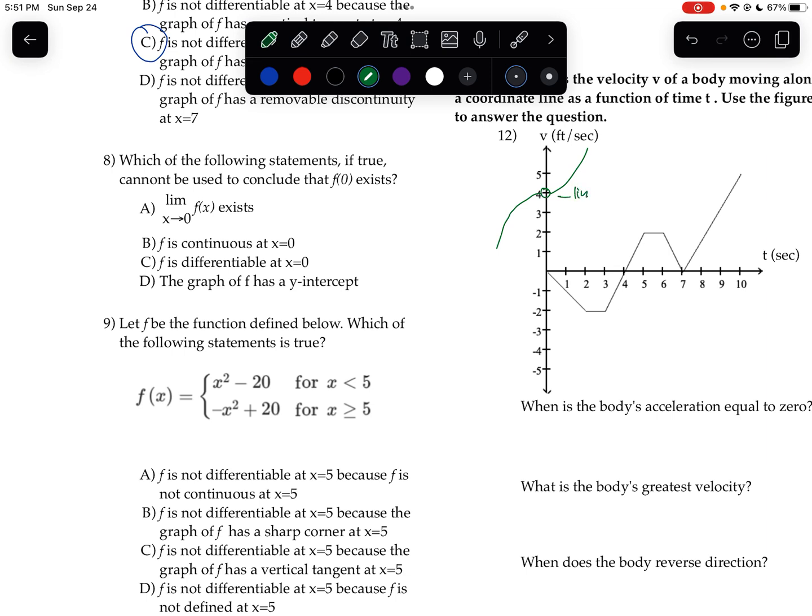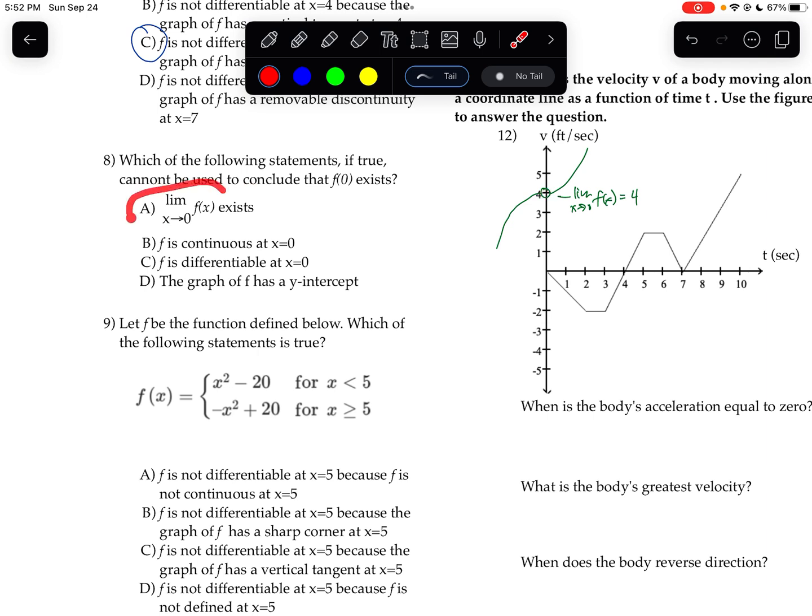So the limit as x approaches 0 of this function f of x would be equal to 4. It doesn't have to be defined at 4. So going back to the question, which of the following statements, if true, cannot be used to conclude that f of 0 exists? So I think it's just going to be A right here, because we don't know for sure